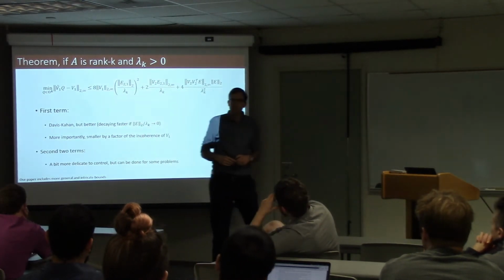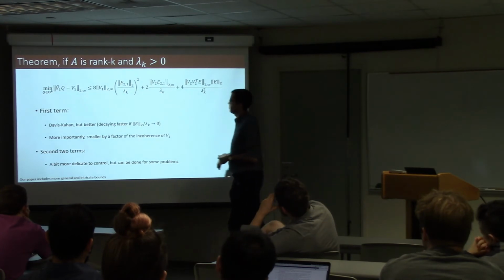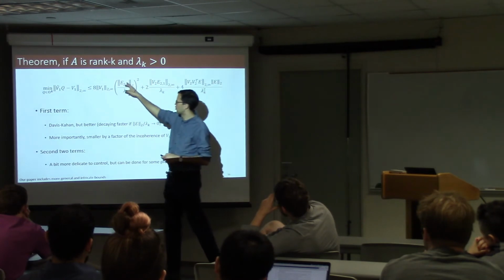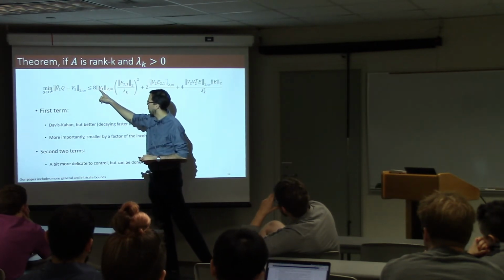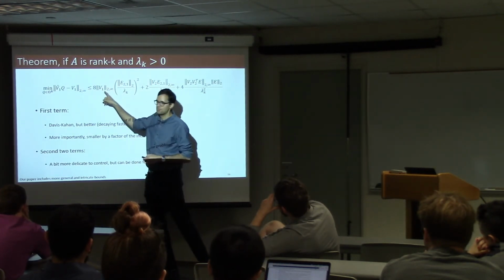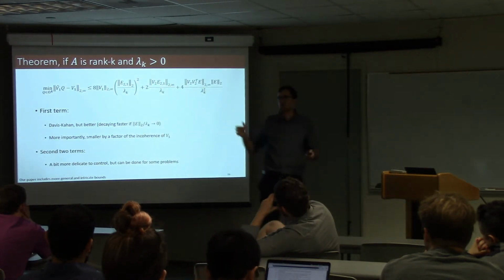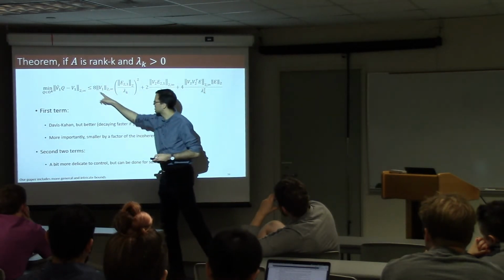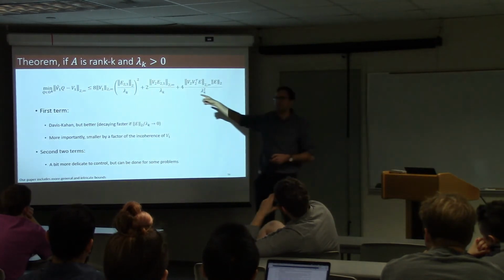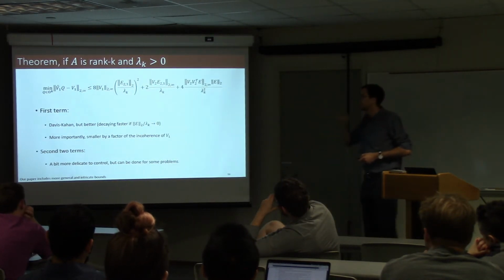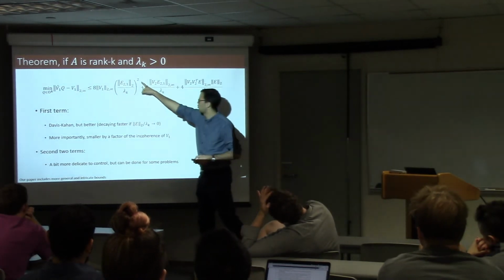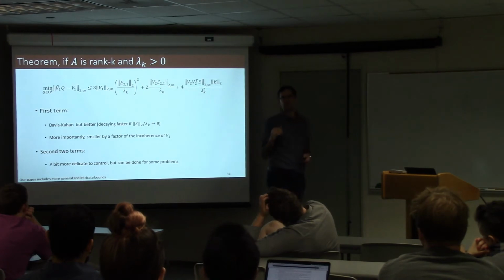Okay? What we notice now is that in this first term, we have something that I could upper bound with the 2 norm of E. I could also maybe control it even better. But importantly, I get a term that says if the eigenvectors themselves have this kind of well-distributed property, I gain that constant in my bound. Okay? So if the 2 to infinity norm of the eigenvector itself is small, I pick up that piece in my bound here. All right? So that's actually nice. It's also even faster than Davis-Kahan because I have a square here. So it's faster if I think of E as going to 0. All right?